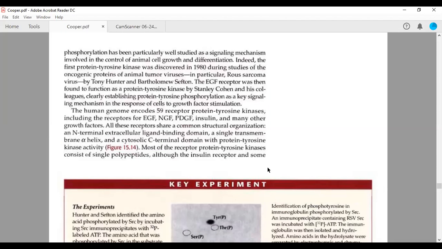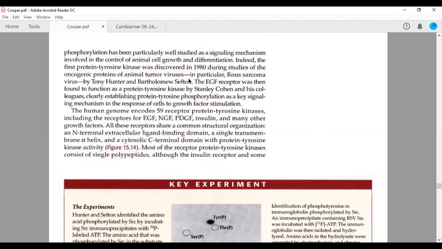So you can have a common sense that a drug can be designed against these receptor tyrosine kinases to control the unregulated proliferation of cancer cells. So these are very hot targets actually to design a drug against cancer cells. Now, indeed, the first tyrosine kinase was discovered in the 1980s by these two scientists, Hunter and Sefton, during studies of